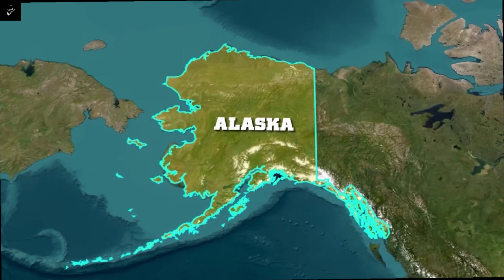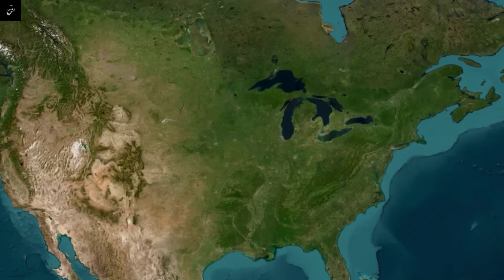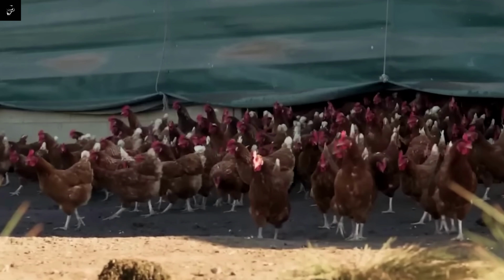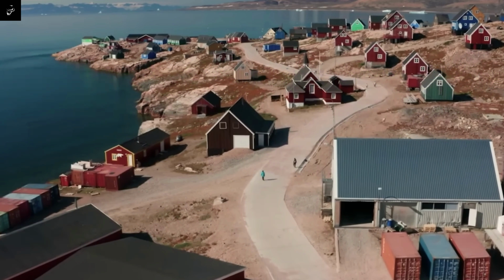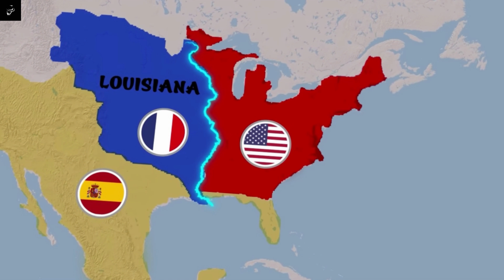Taking advantage of Spain's severe weakness after the war with France, the Americans successively captured West Florida and then East Florida. This vast land spanning 170,312 square kilometers holds an exceptionally important position. After a long and arduous negotiation process, the Adams-Onís Treaty was officially signed in Washington on February 22, 1819. The annexation of Florida expanded the nation's coastline further. Thus, the new border between this country and Spain was established.